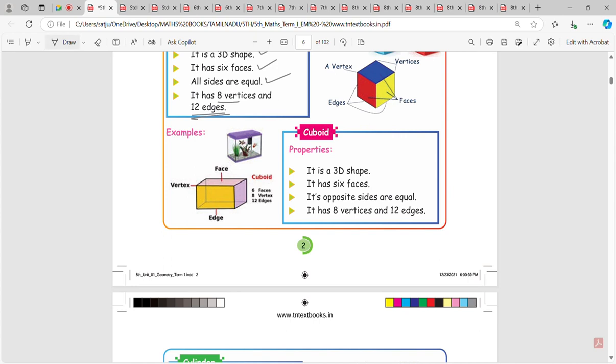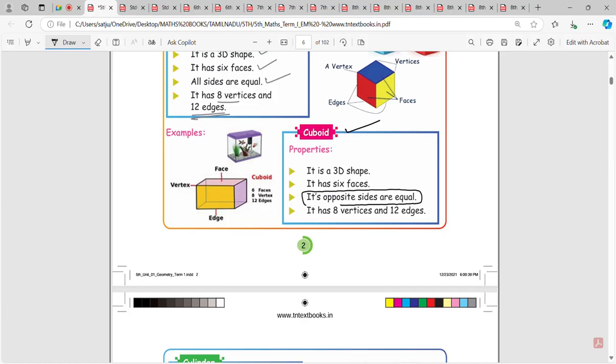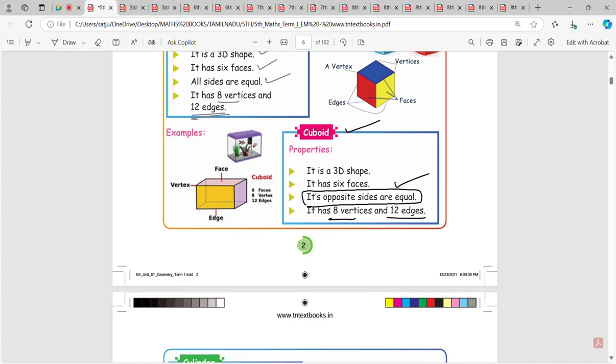Now, what is the difference between the cube and the cuboid? This also you need to know here. In a cuboid, this point is the difference: the opposite faces are equal. Okay, so this is the difference and nothing else. It has 8 vertices and 12 edges, same here. Here opposite sides are equal. Then,